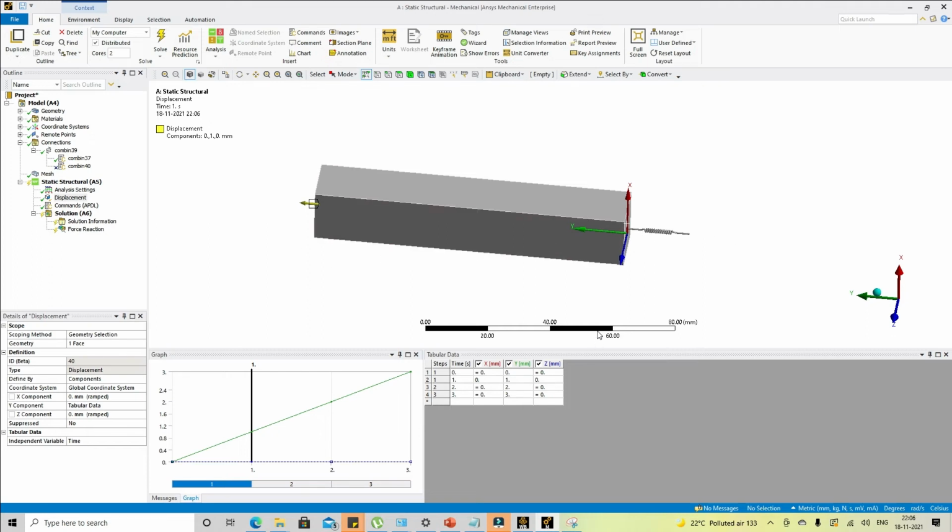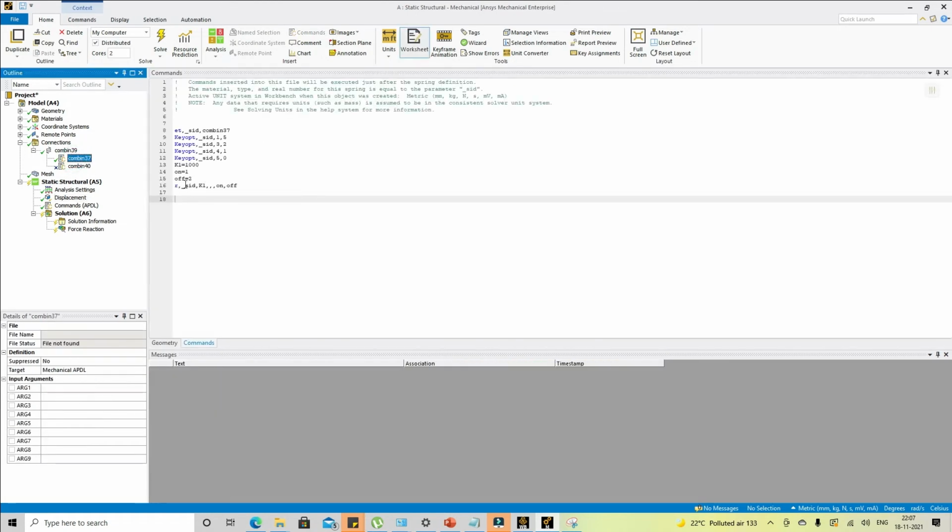So if we look at the reaction force curve, it should be near zero till the first load step, because we are activating and deactivating, so we can keep one substep as a margin, and again at the end of the second load step it will come back to zero. Let's see how it actually goes. The R command is actually used to define the stiffness and also the on and off time.